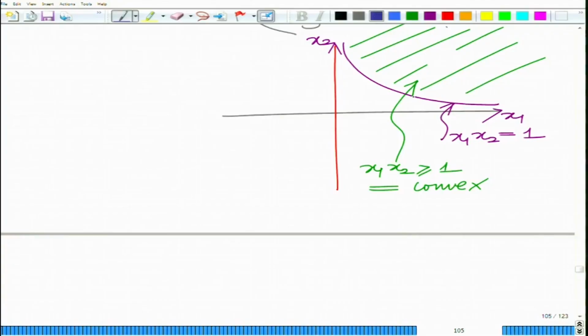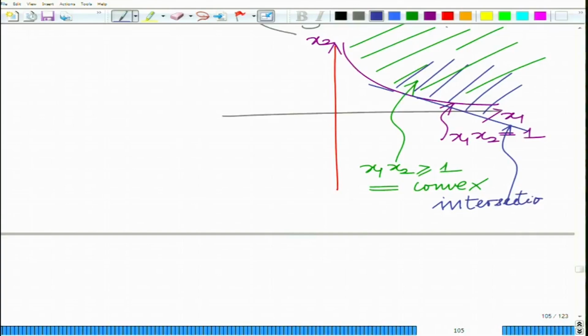So, you can clearly see that if you draw the tangent and look at the corresponding half space, and if you draw all such tangents, the infinite number of tangents, you can represent this as the intersection of an infinite number of such half spaces. Now, let us look at any point, where x1 equal to alpha